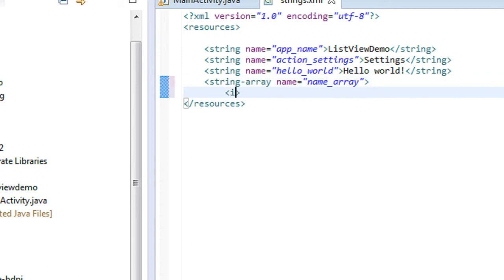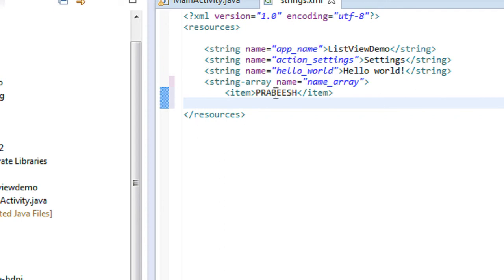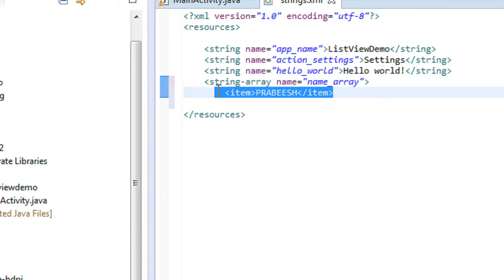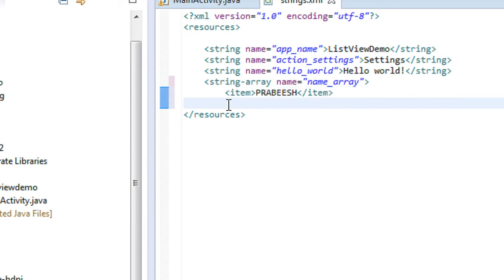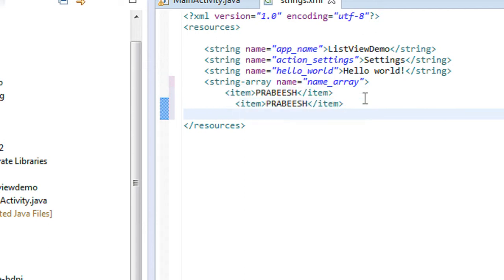Now I have to add the items in that array. I give some names here. I add some more names here.